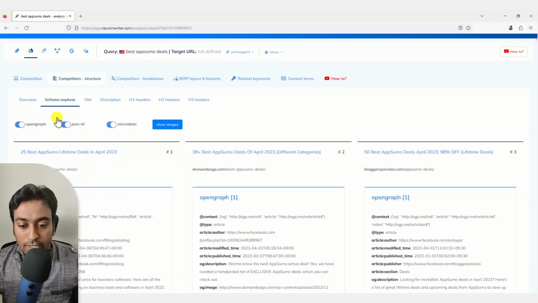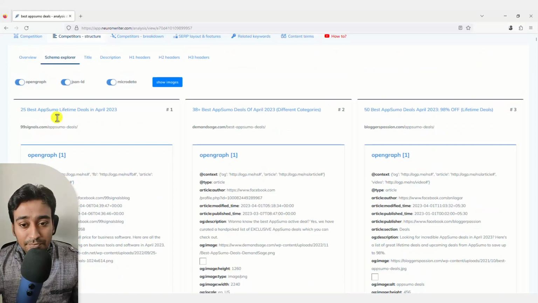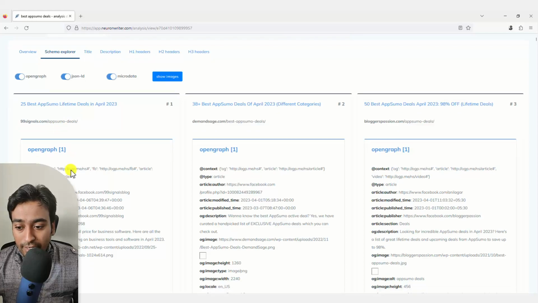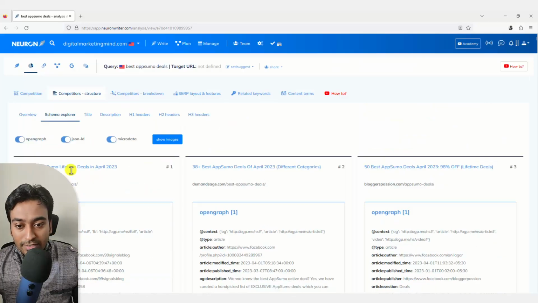Schema Explorer shows me all the schema data that Neuron Writer scraped. You can see the amount of data I am able to get. So when I'm deciding the schema, I can use this data. I will create a better tutorial video on how to use this effectively.